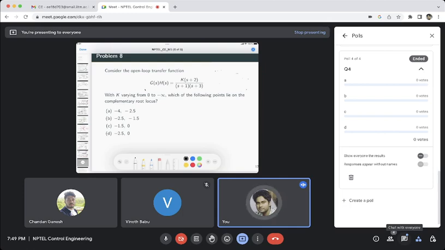When k is varying in a negative range, you see that this will be a negative term, right? So I take k prime to be minus of k. Then if k is from 0 to -infinity, k prime will be what? 0 to infinity, right? So I will write it as minus k prime (s plus 2) by (s plus 1)(s plus